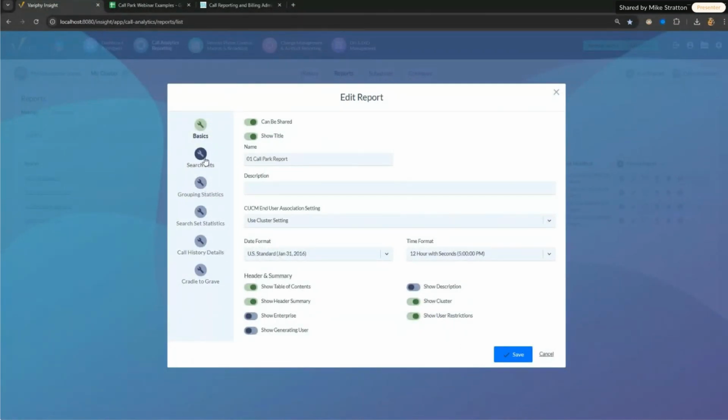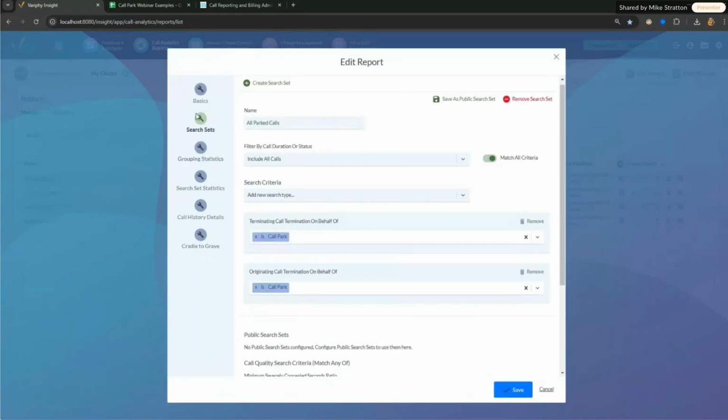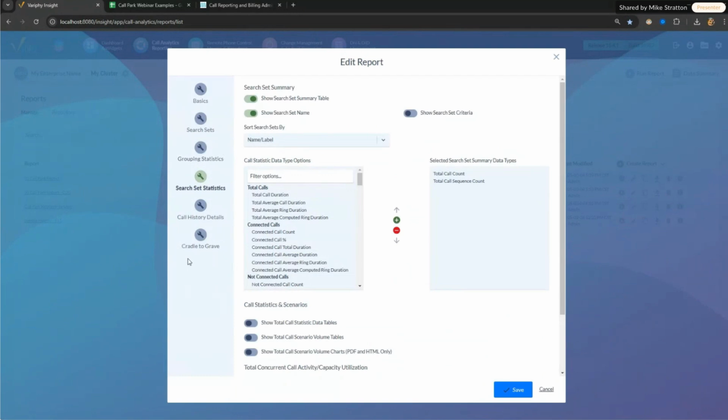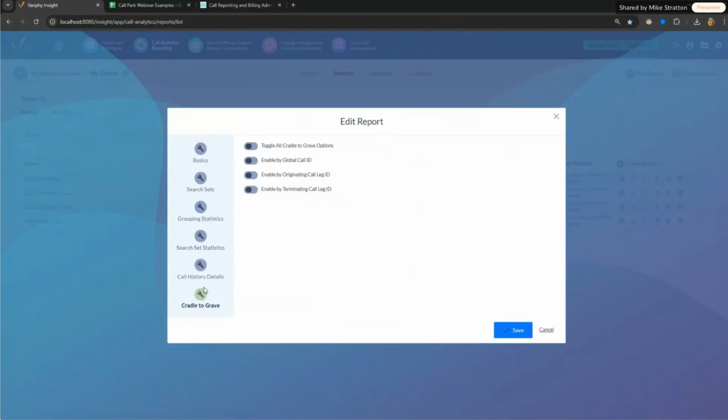My last customer that I worked with has a lot of hunt groups, and he wants to build out park call reports for each hunt group. So what we did was build out, not in this example, a search set that would bring in all the calls for his hunt group, and then we turned off everything but the cradle to grave. We turned off call history, we turned off grouping, we even turned off the search set statistics, and then built all the call park scenarios